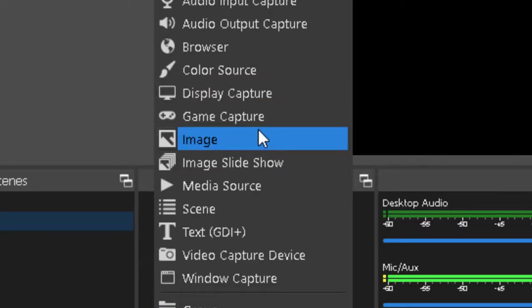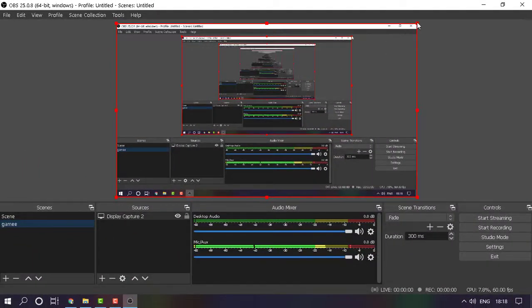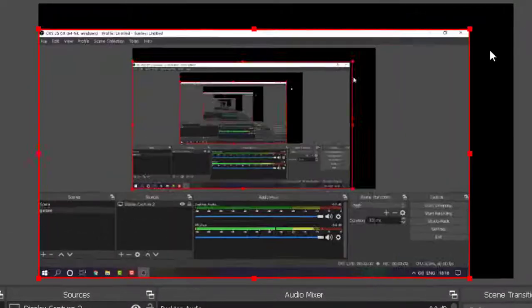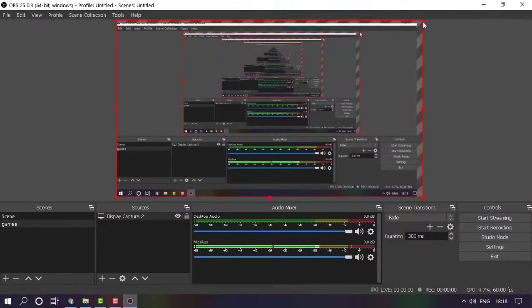Let's start with first capturing a display. If you click on display capture, you can capture everything that is being displayed on your monitor. You have an option where you can select the display. If you're using multiple displays, you can select the display that has to be captured, and once you click OK, that will start the capturing of the display. If you're in OBS Studio and you're recording, you have this infinity loop of recordings. You can also scale the recording that is happening and set it to the desired aspect ratios.